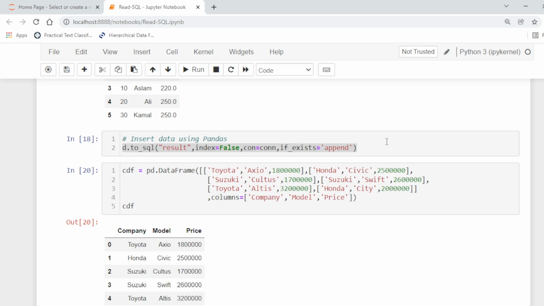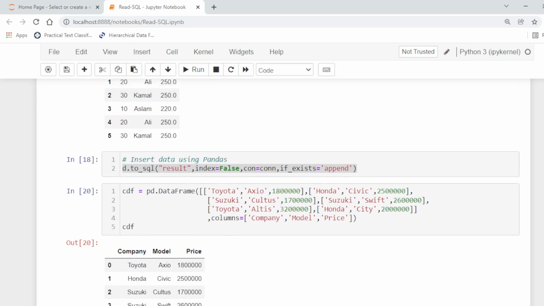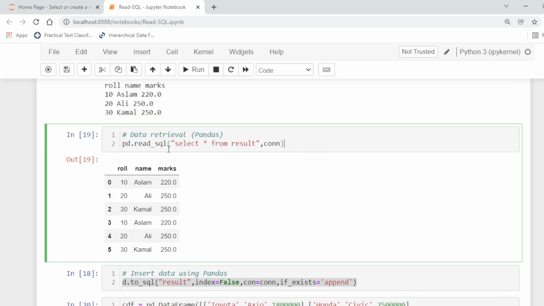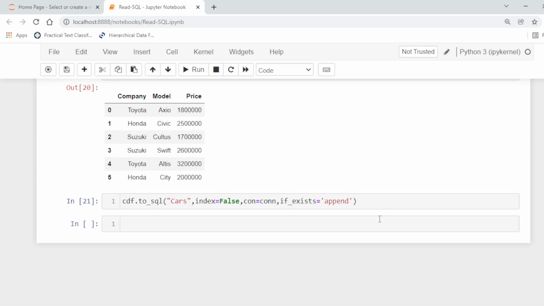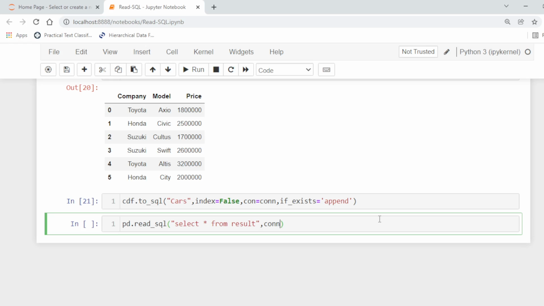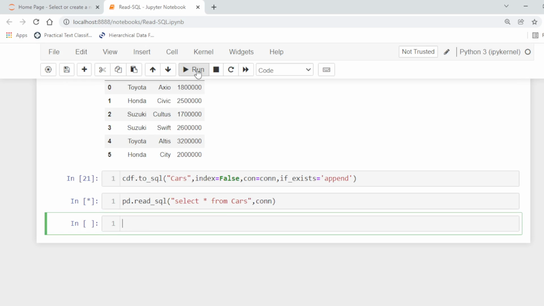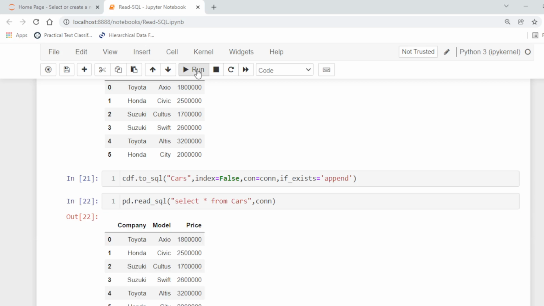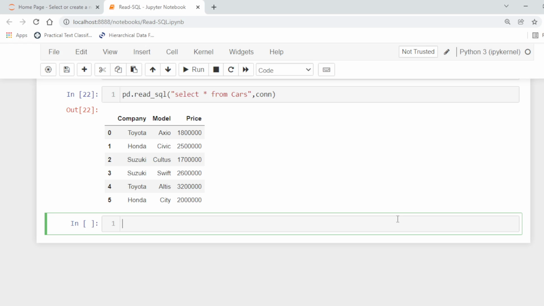If you want to read this one, we can read it like this, for example. Here we have select from cars. So in this way we can write to the database, or we can read from the database.